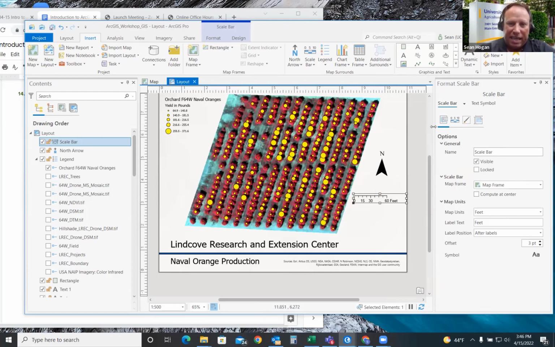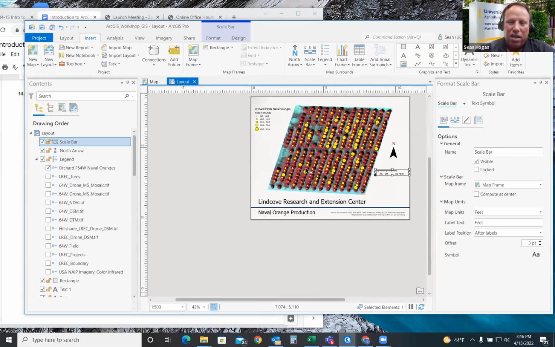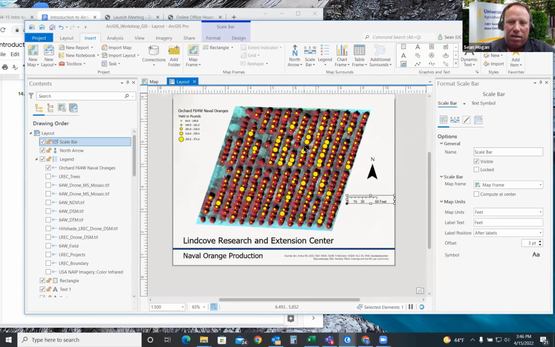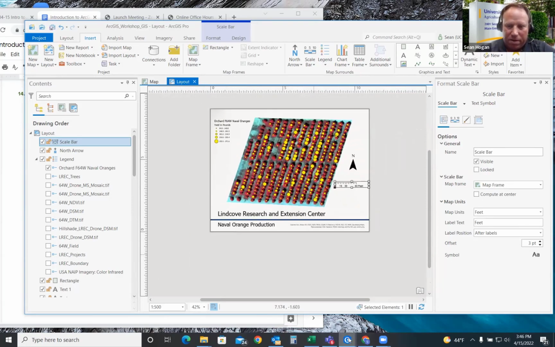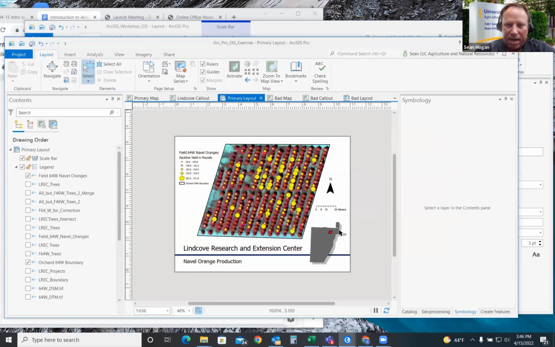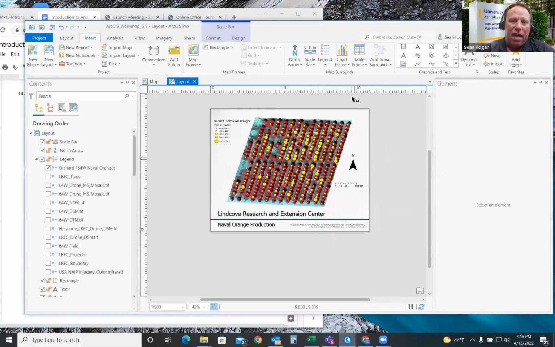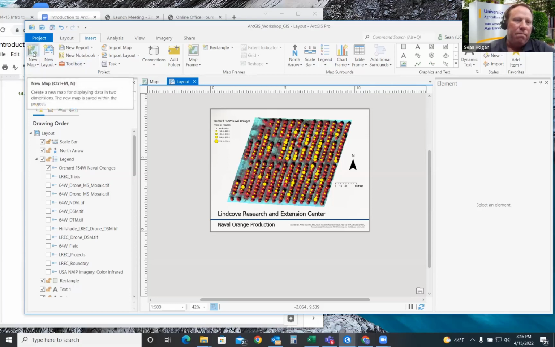Last thing is a call out. And this is actually easier than you might think. I'm not going to get into the drop shadow part that we had on this map. If you see how we have a drop shadow, that's a little bit more complex. It takes a little bit of time, but we can put in a call out really easy. And the way we do that is we need to add a map. We create a map that's just going to be a call out. So go to new map.